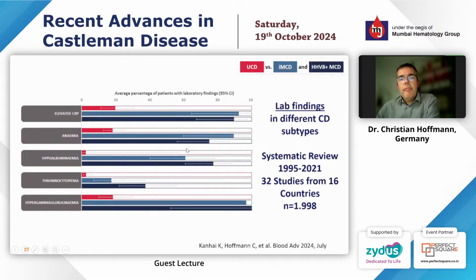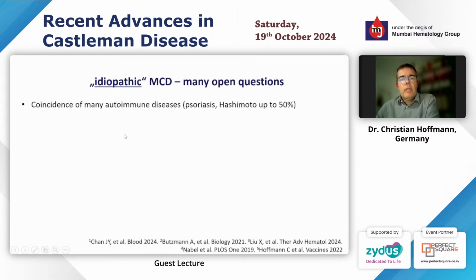If you look at the lab findings, there are no big differences between IMCD and HHV-8. You see in red the unicentric Castleman. A considerable proportion of these patients have some lab findings, and this review was published earlier this year and highlights the differences between these 3 subtypes. So I'm just a simple clinician, and idiopathic